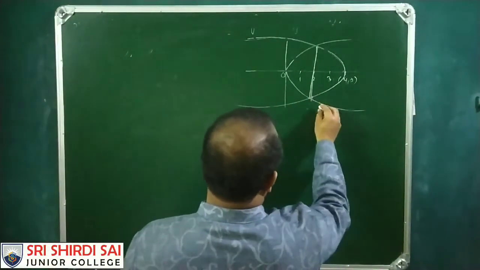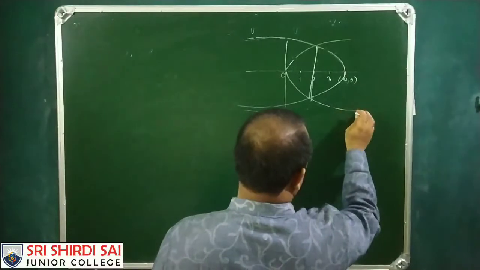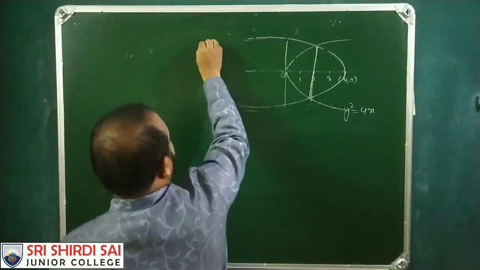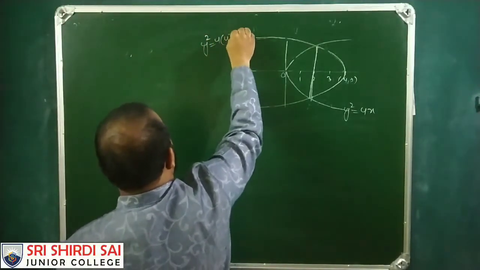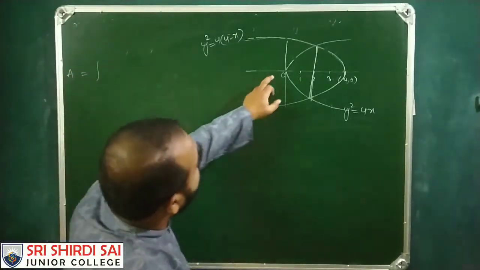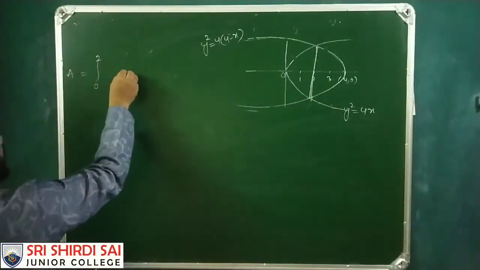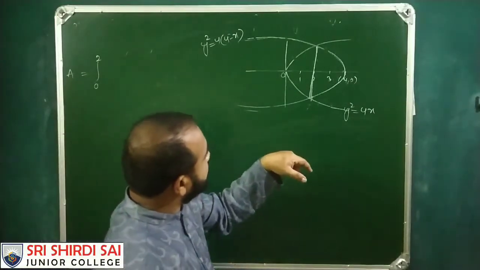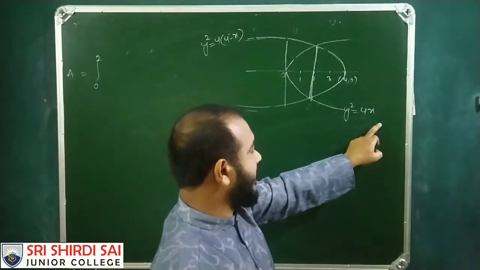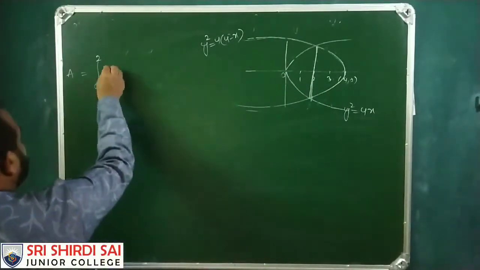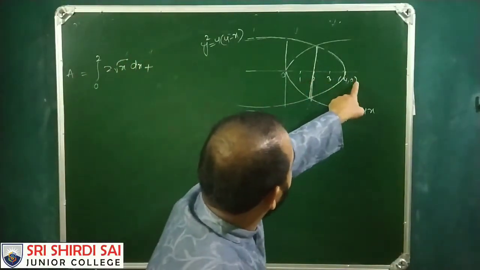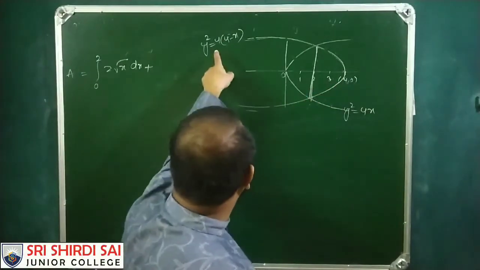So this is y square equals 4x, and this is y square equals 4 into 4 minus x. Area is equal to the integral from 0 to 2 of y dx. This curve is y square equals 4x, so y equals square root of 4x, which gives 2 root x dx, plus from 2 to 4, this parabola is y square equals 4 into